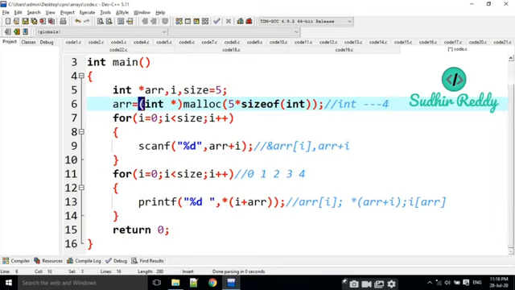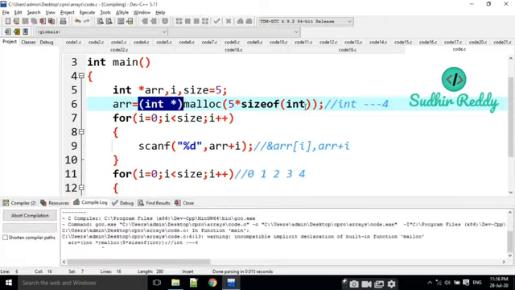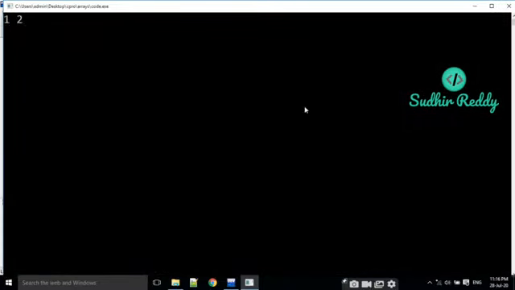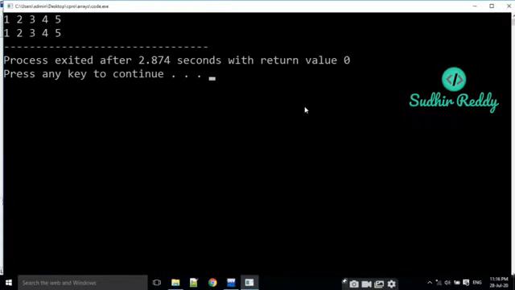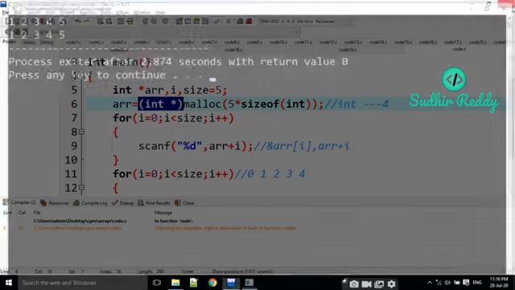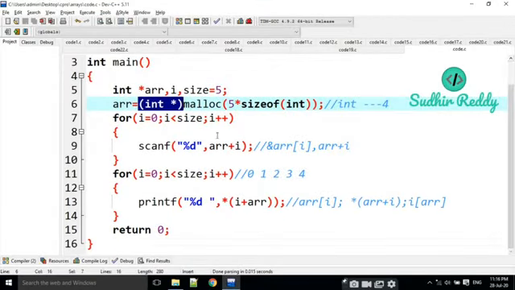The simple, only one line: int star ARR equals malloc of 5 into sizeof int. That's it. Simple, the dynamic memory allocation. Single line malloc.